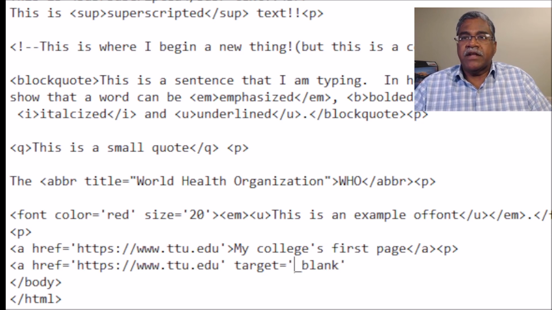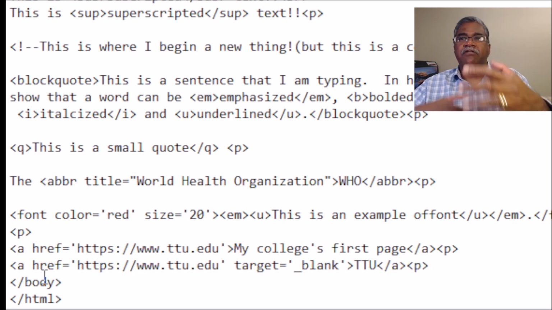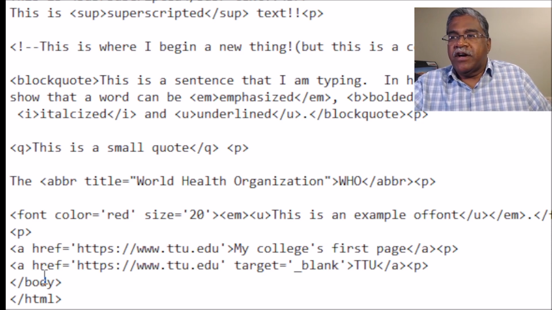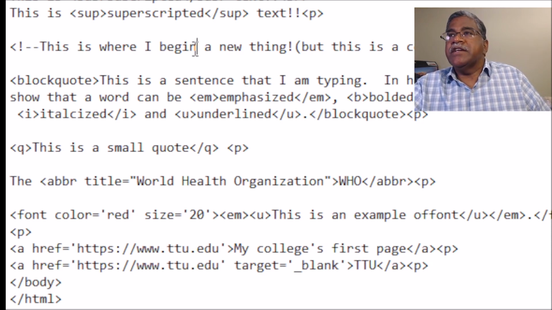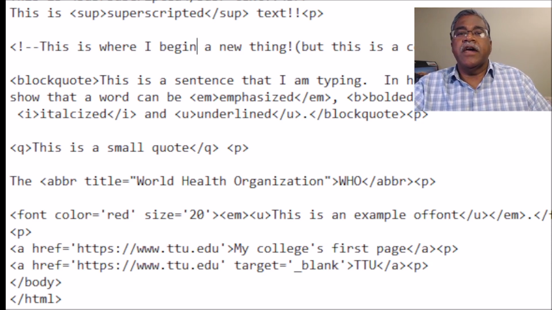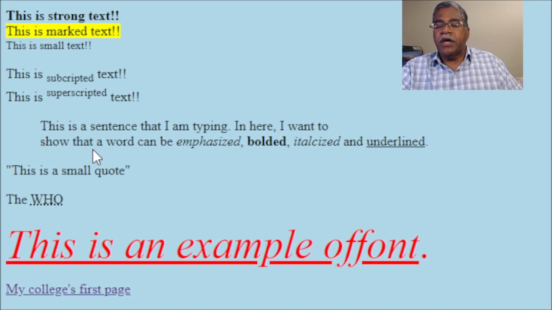It doesn't really matter that much. Target equal to blank, and now that'll tell you something more, and you can say TTU, and I'm going to close the A just to separate this, and then I'm going to create a paragraph just so we get ready for the next file. Okay, so that is now saved, and we'll go to our web page, and we click